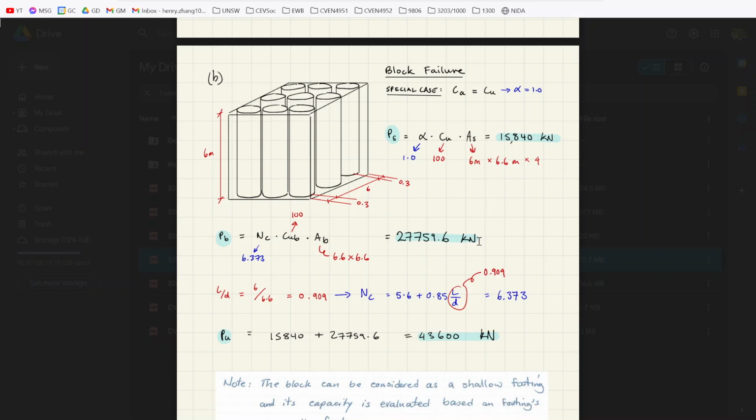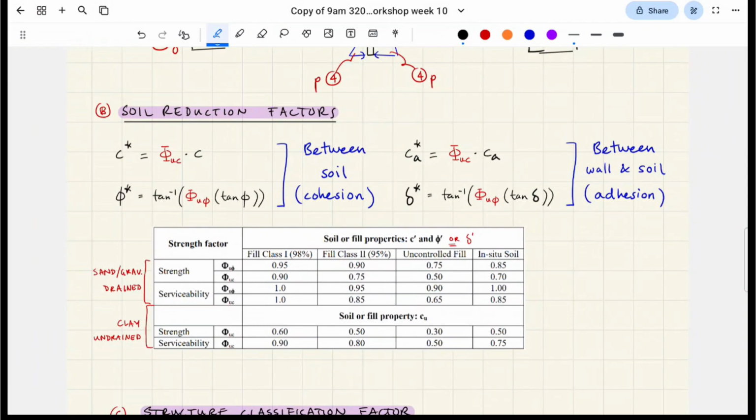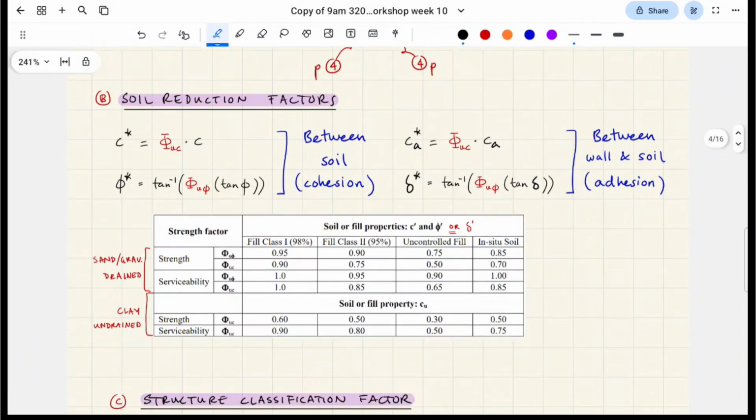So when we're talking about the block failure of the pile group, we just take the value for cohesion, because it's to do with the soil block failing based on sliding with itself. Makes sense? Anyway, how this applies to this week is in our soil reduction factors, we're going to start seeing something pop up